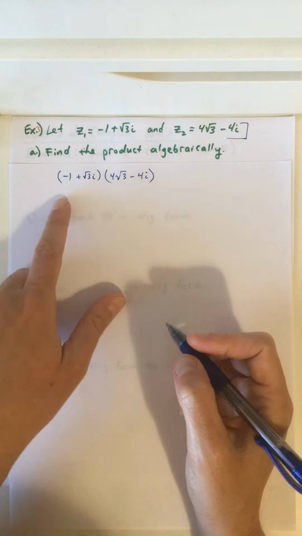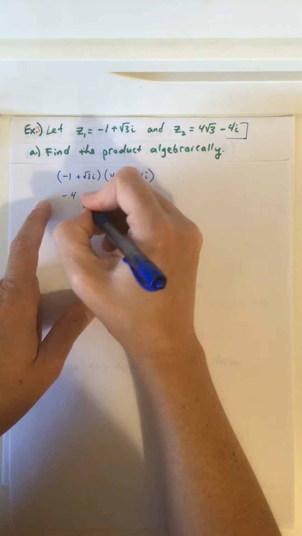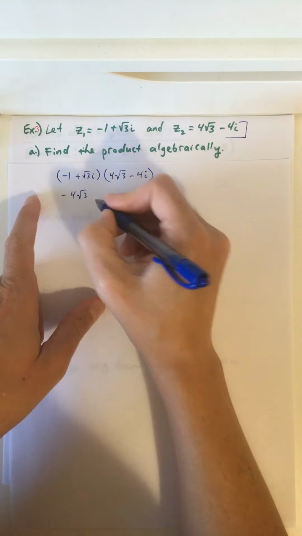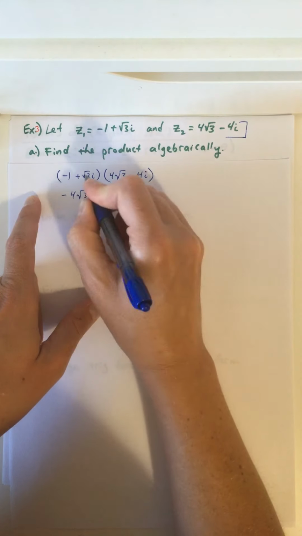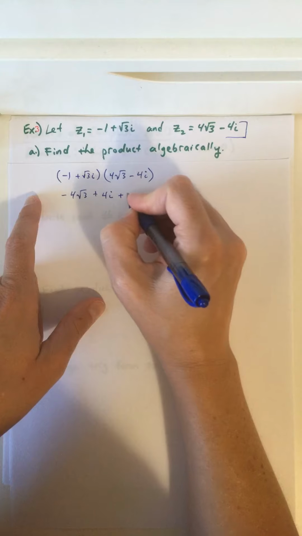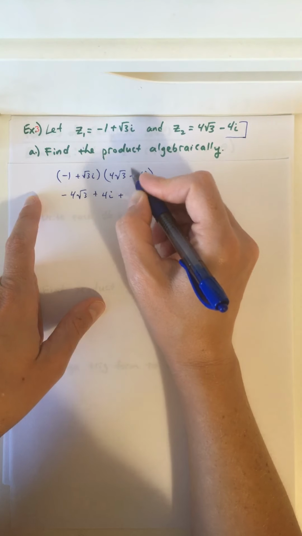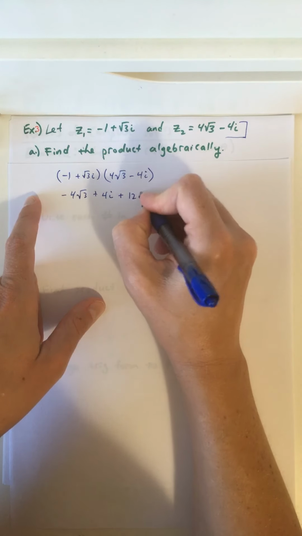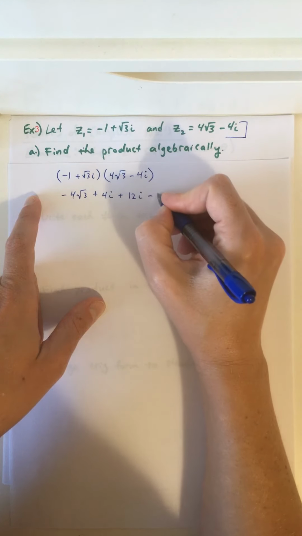And we can FOIL to multiply, so -4 root 3. Outer would be plus 4i. Inner would be plus 4 times 3, 12i. And minus 4 root